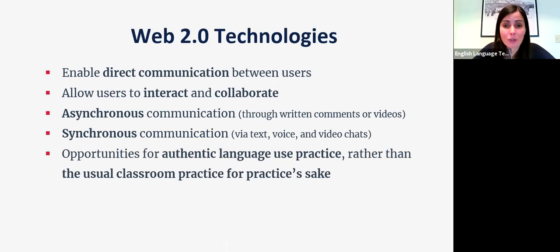And it's authentic language use practice, right? Which I think sometimes in the classroom we just do practice for practice's sake. Then with some of these tools, we're able to have a lot more authentic language use, right?